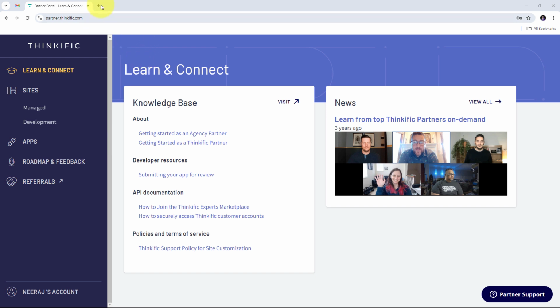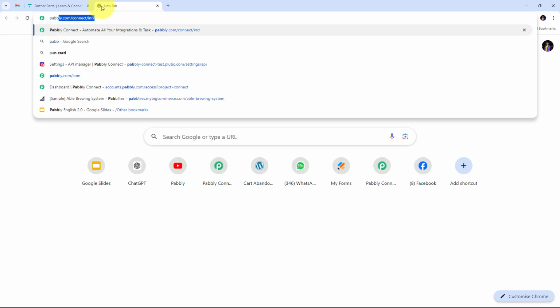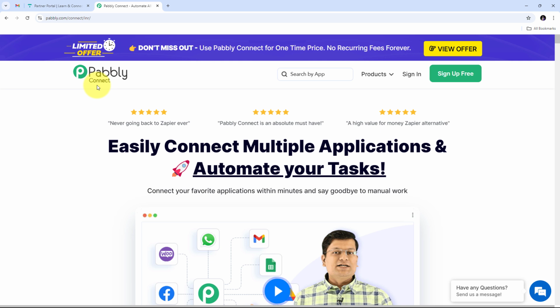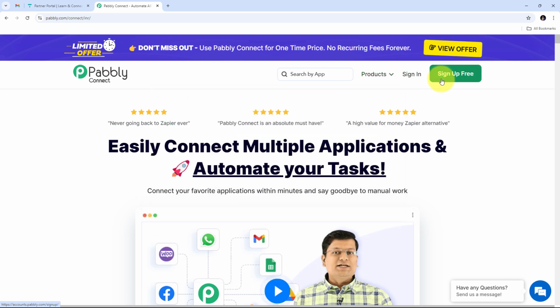So for using Pabbly Connect, I need to open a new tab and search for pabbly.com/connect in my browser, and this will take us to the landing page of Pabbly Connect. Here in the landing page, I have these two options of sign in and sign up for free. If we don't have any account with Pabbly Connect, then we can just click on this sign up for free button, and this will take only 2 minutes of our time, and we will get 100 tasks free every month. Or if we already have an account, we can just sign in,